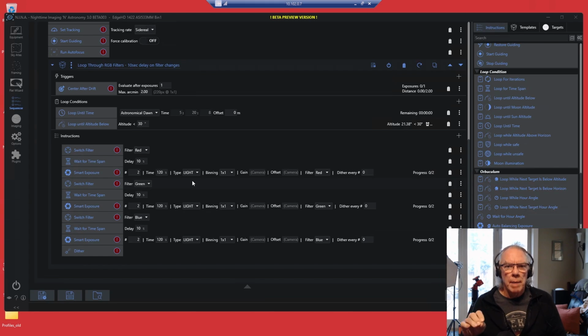I tried stop guiding and then start guiding, but if you think about it, the way my Edge HD8 is set up, my guide scope and OAG is before my filter wheel, so a filter change really has nothing to do with my guide camera's ability to maintain tracking of the guide star. So I'm just going to increase the delay, and then hopefully I'll start to work that delay down once I see how much I have to allow for the autofocuser to do what it's going to do.